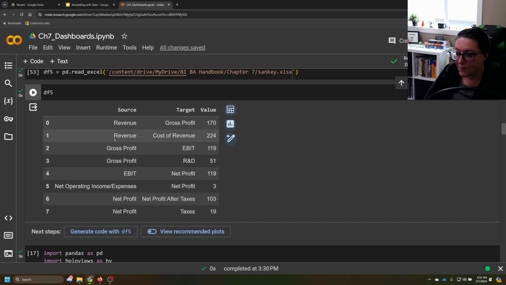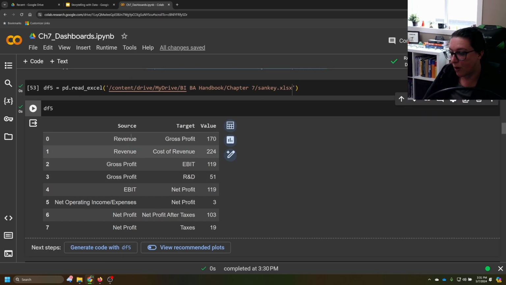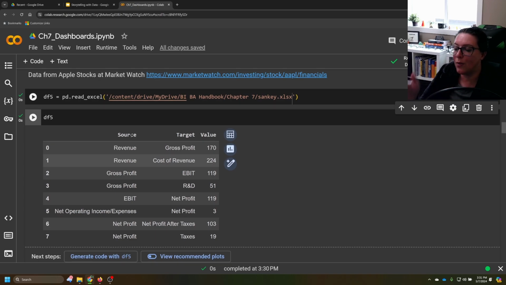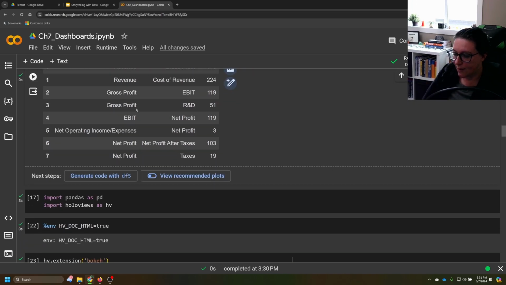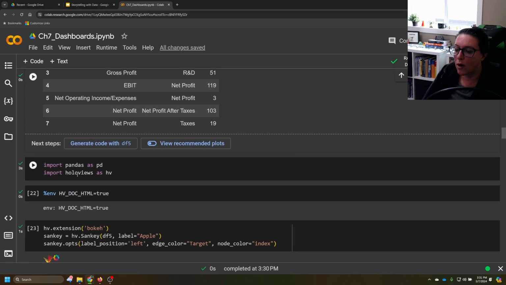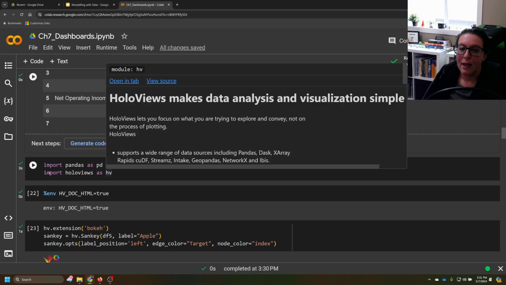So here we have source, target, and then how much money, because here we're looking at financial data, flows from the source to the target. So we can look at how the money is divvied up, the flow of money. So if we look at our graph visualization chart, Sankey diagrams appear in the flow section because we're showing the flow of money. All right, so let's take this and we are going to import Holoviews as hv and import